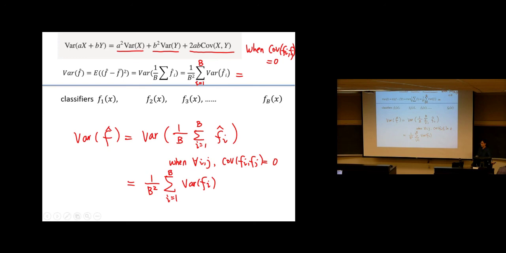And then, because of the sample sizes S1 up to SB are all equal to each other,